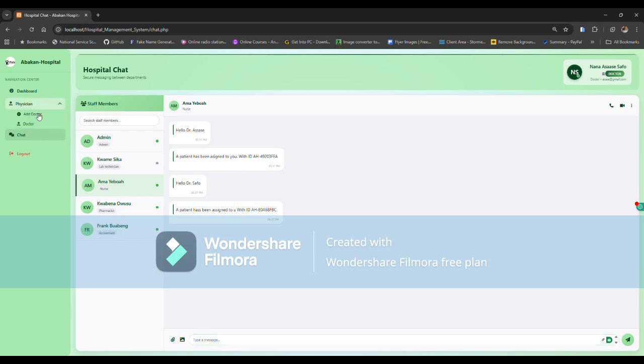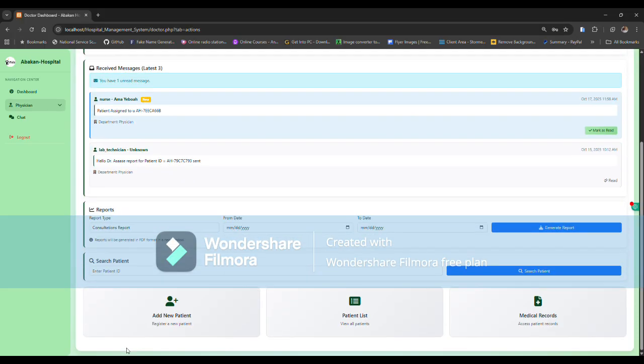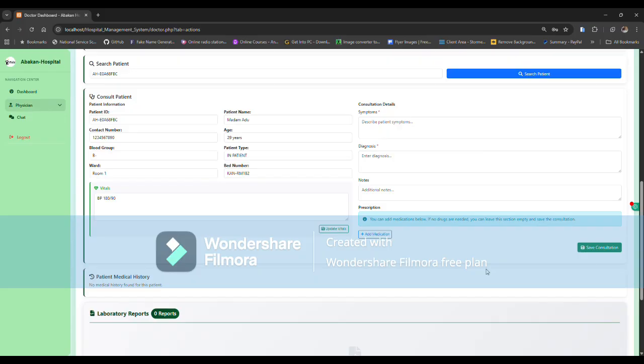Okay, so we have the patient's ID. When we click on search patient, the patient details will appear here: patient ID, patient name, Madam Edu, contact number, age. So now this is where the doctor, based on the discussions with the patient, if the doctor gets to know the symptoms, maybe let's say